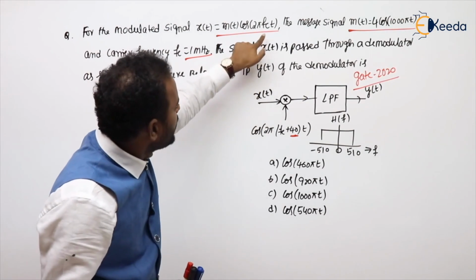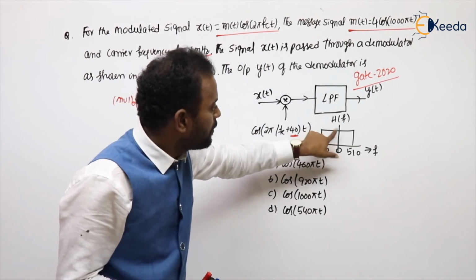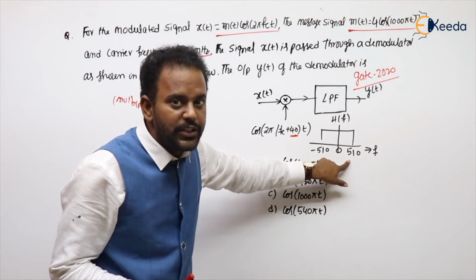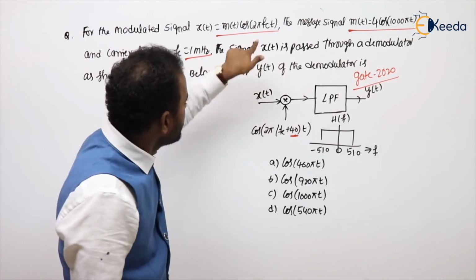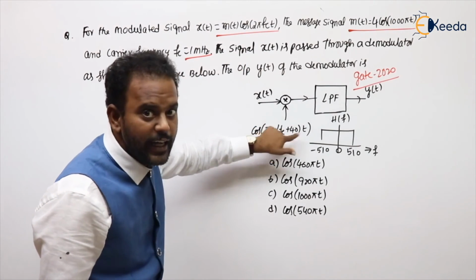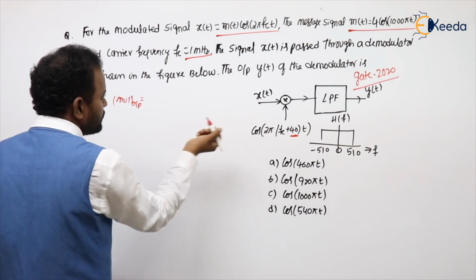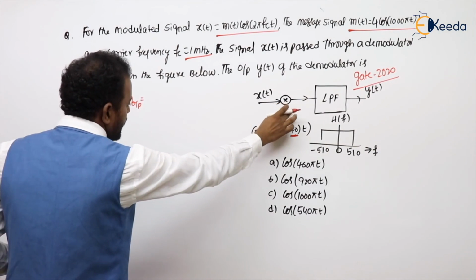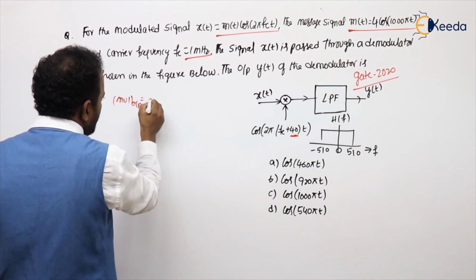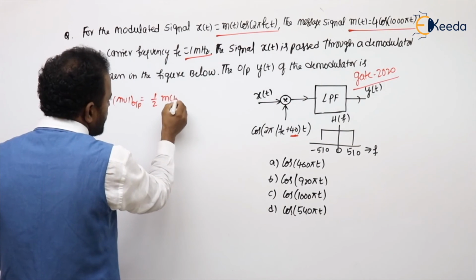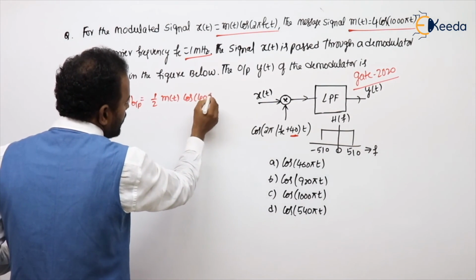What is A plus B? Fc plus Fc, 2Fc means 2 mega. But it is passing only up to 510 hertz. That is gone. Next term, A minus B. Fc gone, 40 is less than 510, so it passes. So directly I can say, A plus B term, no need of writing. 1 by 2, the A minus B term is 1 by 2 m of t into cos, of course, 2 pi 40 t is the thing.